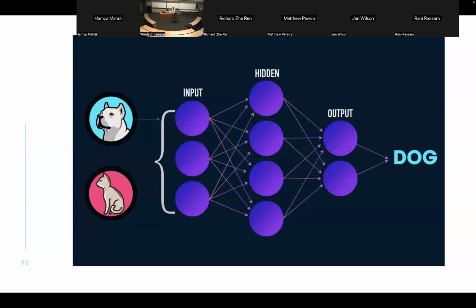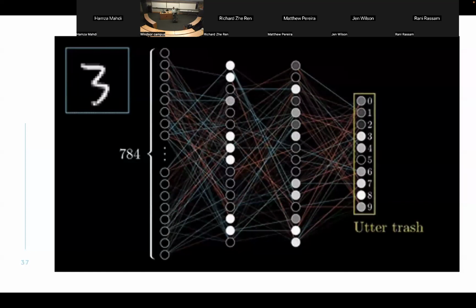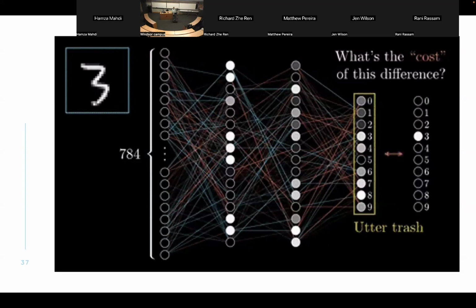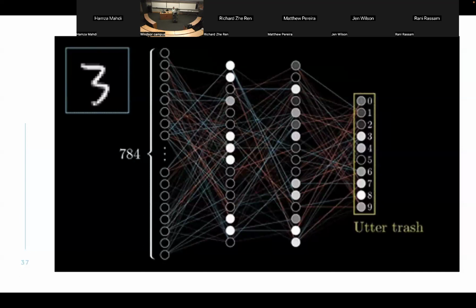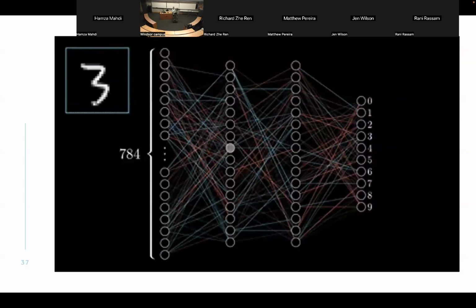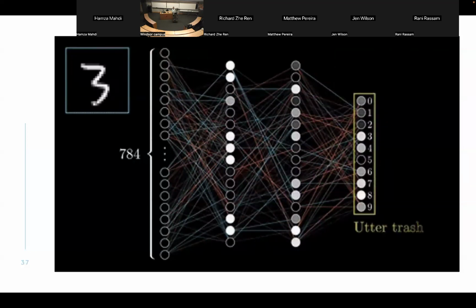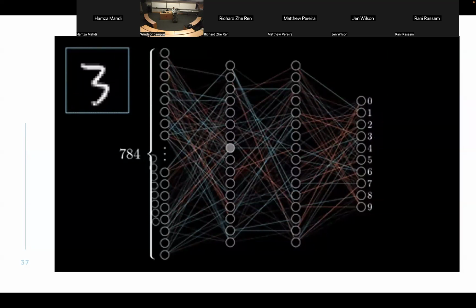let's say we have a picture of a dog, you input it, and this input runs through the different layers of these neurons, and you get some sort of output. Now, if we visualize it, this is a neural network to detect handwriting. Usually neural networks start with random weights, and the learning process happens when you change these weights so that you have a good output. So here you can see in this example, the output is pretty bad. It doesn't know what it's seeing.